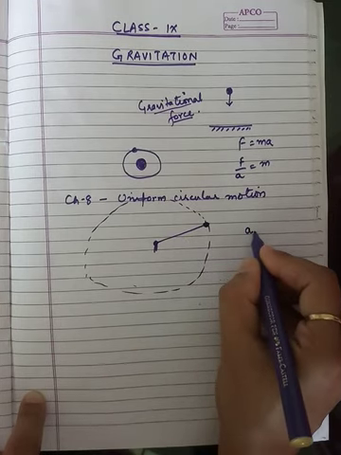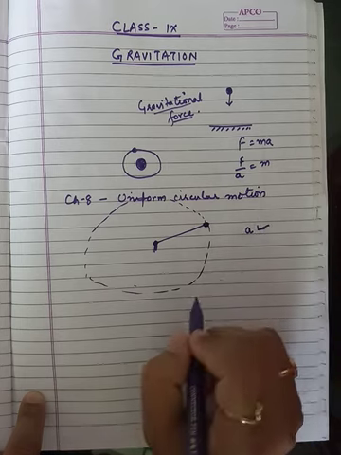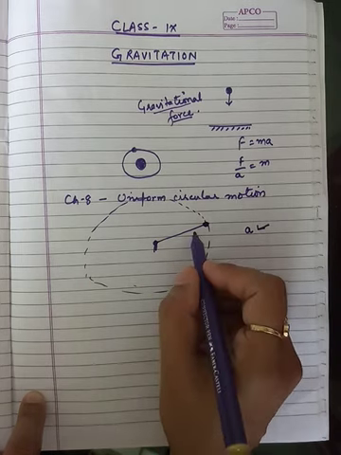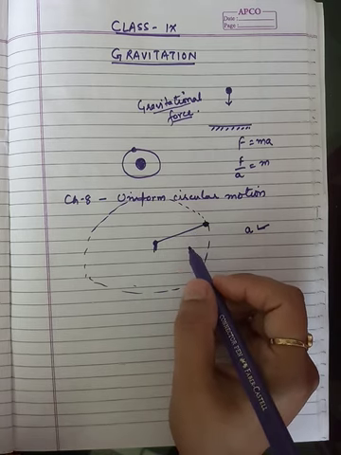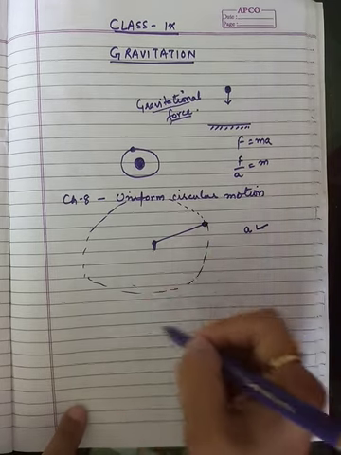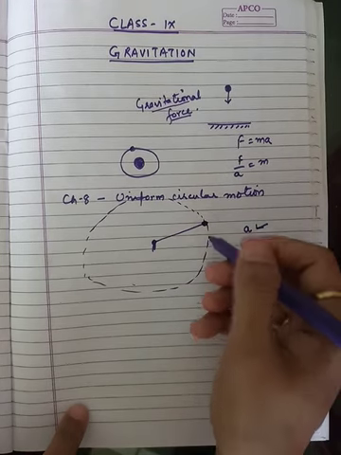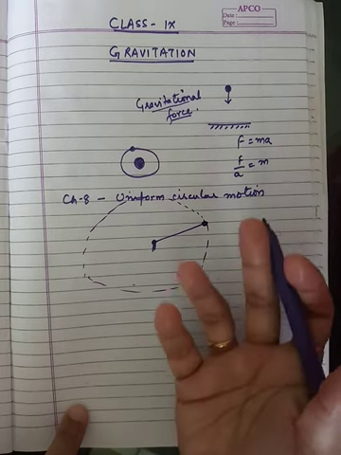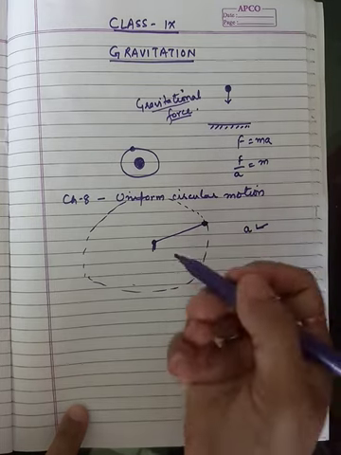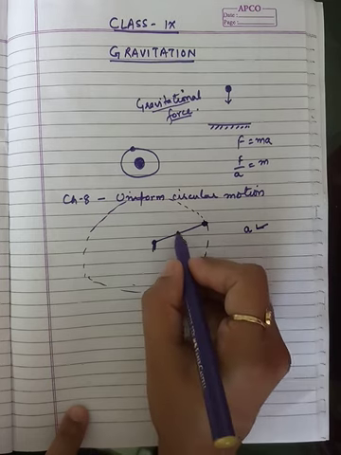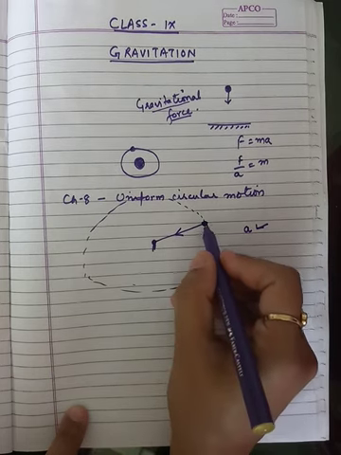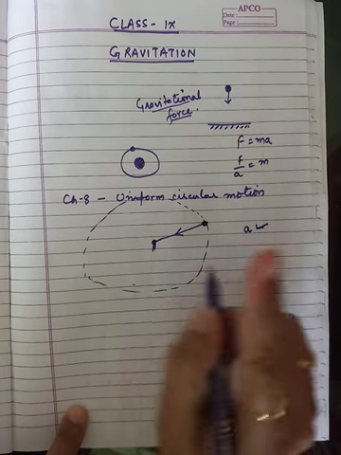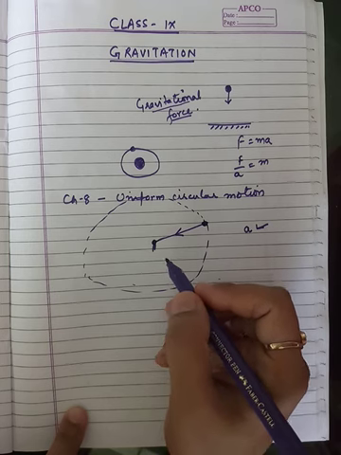So continuous acceleration is there in this case, and there is a force which is driving this towards the center. Center seeking, driving this object into a circular path only. Why not another path, only a circular path? So what is that force? That force is acting towards the center, we can say. Because the thread is straight when we are moving it, we are applying that force